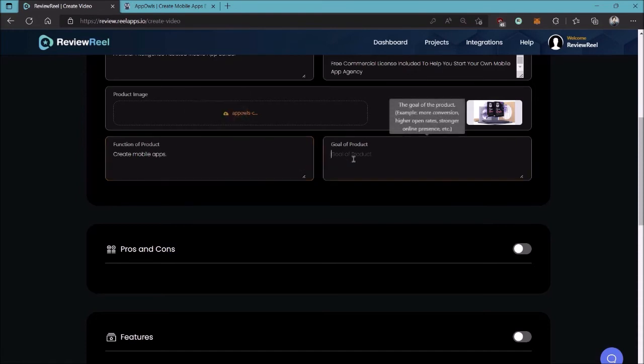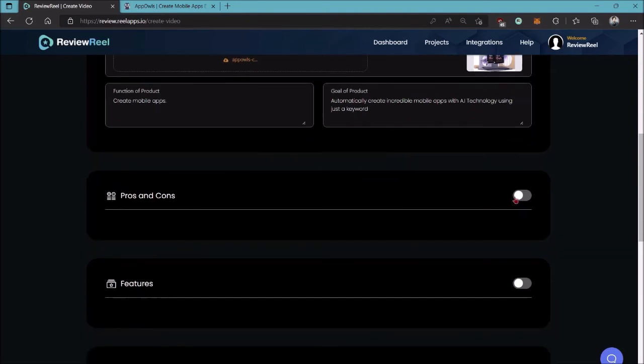Goal is to automatically create incredible mobile apps with AI technology using just a keyword. So I'm just putting in the bare bones of the product just so we can get through the form quickly, all right? So pros and cons, we can say